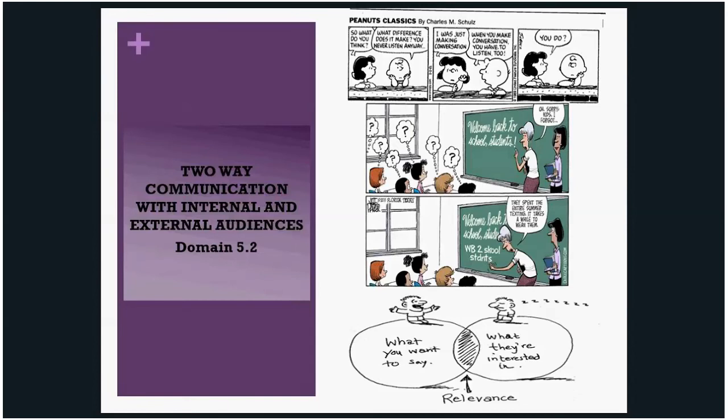So the Peanuts cartoon, for example, really addresses how well do we really listen to our stakeholders. And if you need it bigger, if you're looking at this through Skype, up in the upper right corner there are 2 diagonal arrows pointing across from each other. If you click on that, it'll make it full screen.